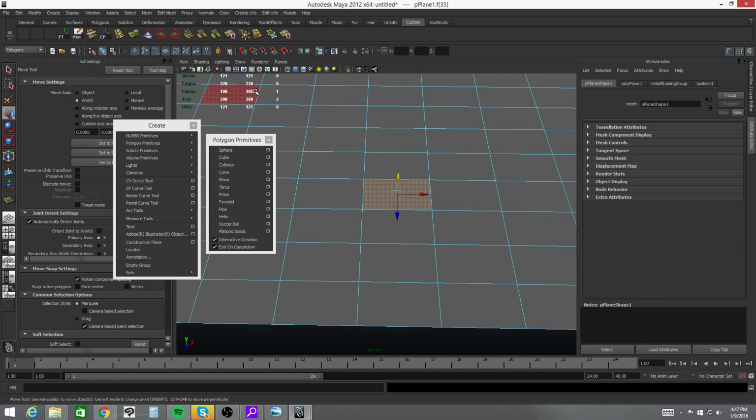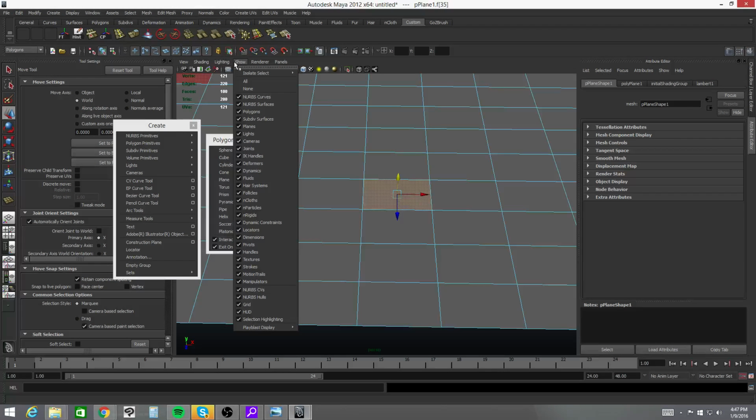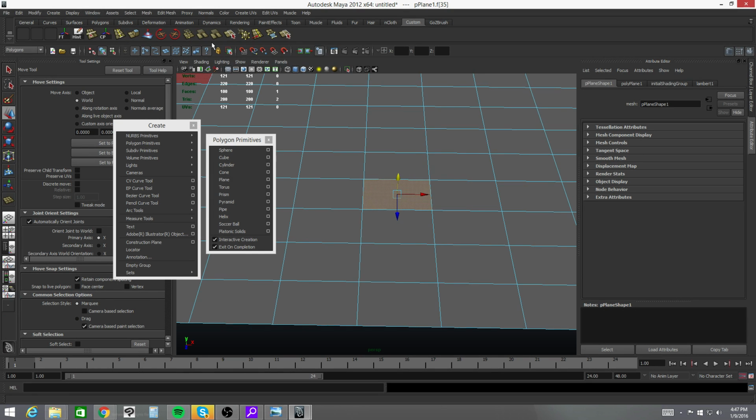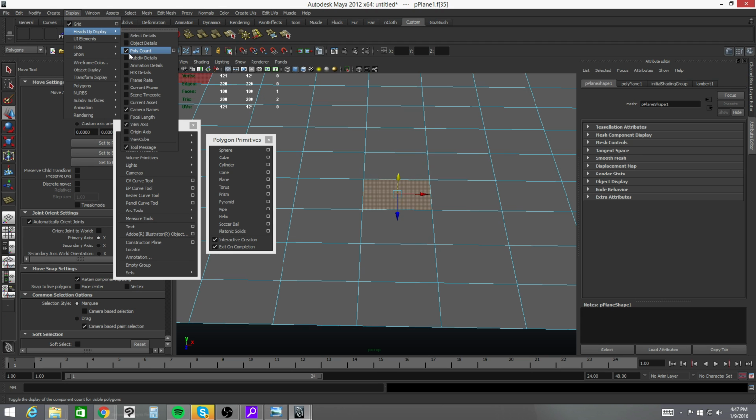Little info. If this isn't showing this little thing up here, this is a little heads-up display. You can just show it here, and it shows up under display here, heads-up display. Here it is, poly count, right? So the poly count,